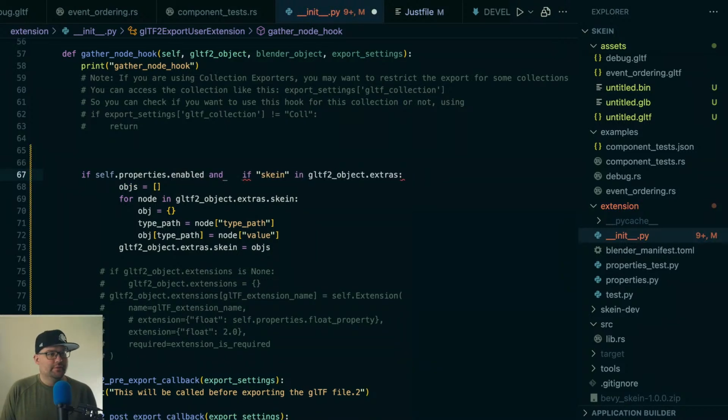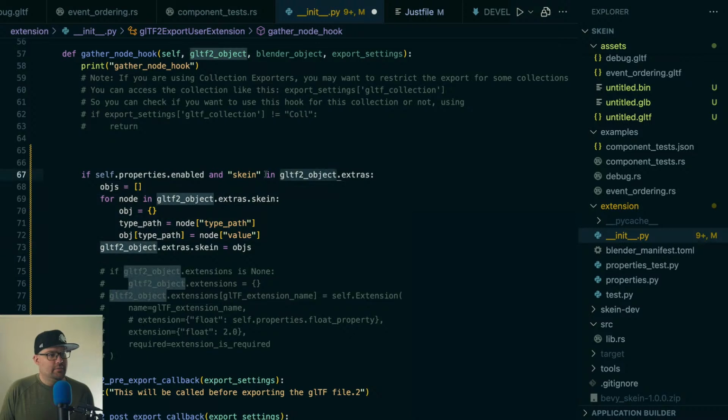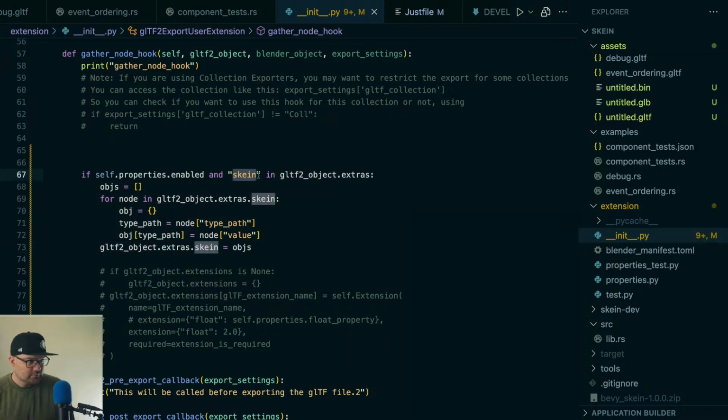And this can go there. So if we're enabled and we have the appropriate key in those values, I guess, and it's an array and whatever, right? Like make sure this is